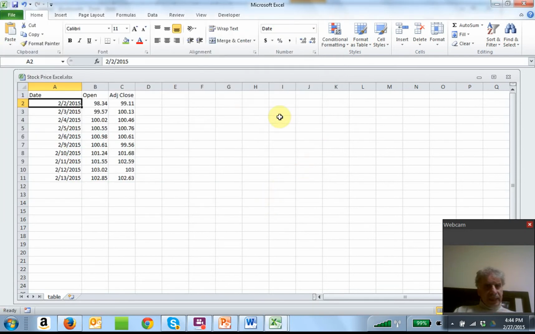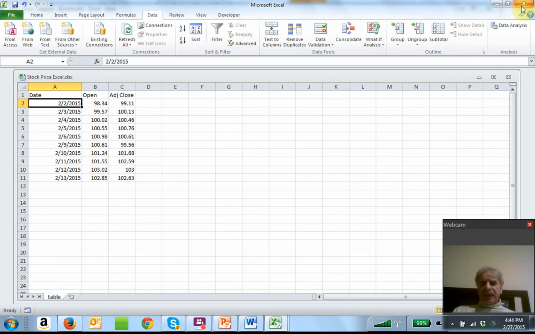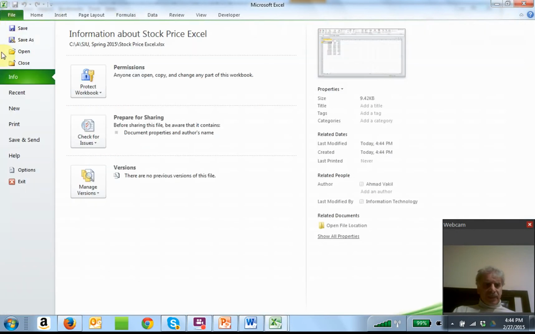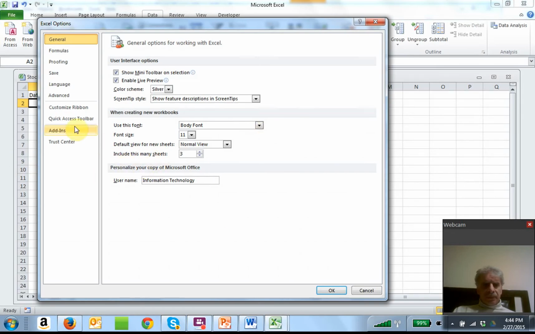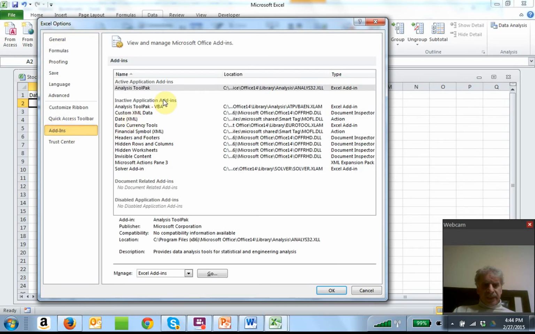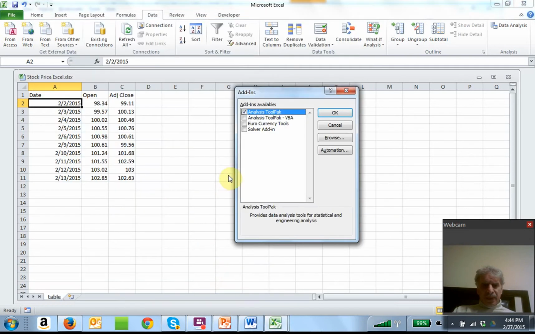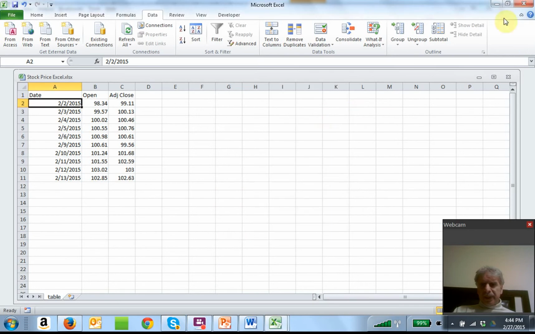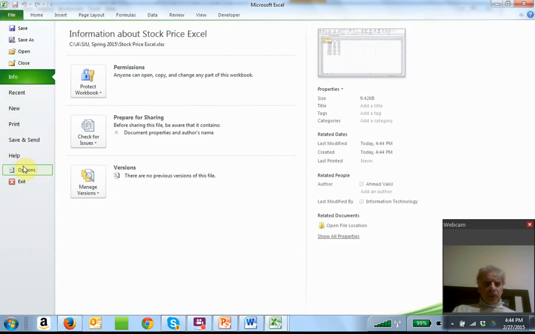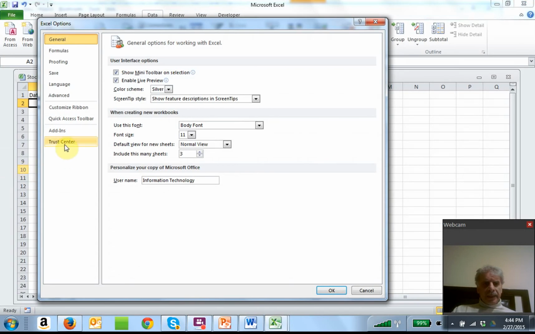Also, another thing is if the data analysis is not active. So let me deactivate what I have first so I can show you how to reactivate or activate it. Now, usually in a typical Excel, when you go to the data tab, you don't see data analysis there in the upper right corner. So in order to activate that, you go to File, you go to Options, and then you go to Add-Ins,